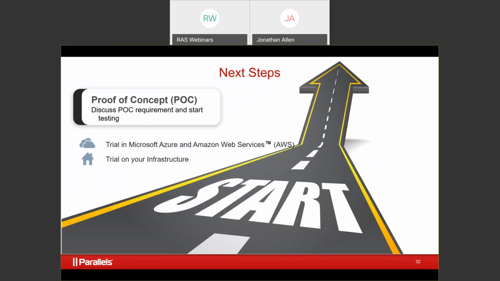So we can show you how that works. That's kind of like the insight that we're trying to provide as far as Parallels RAS and how we're able to utilize virtualization, infuse it with an idea of what customer experience should be for your end users, and really make an intriguing project for you as you move forward trying to provide this level of service to your organizations. With that, I'll go ahead and pause to see if there are any questions.